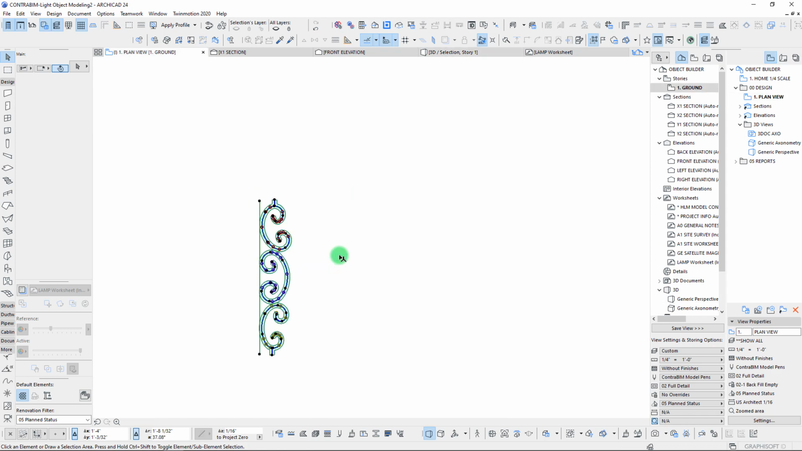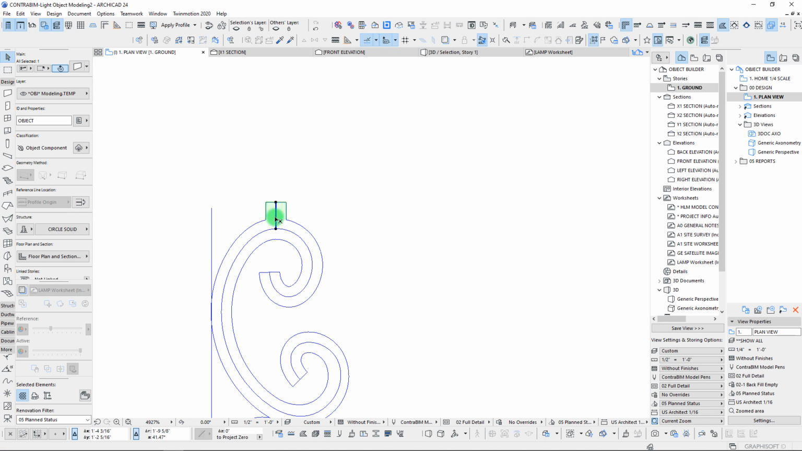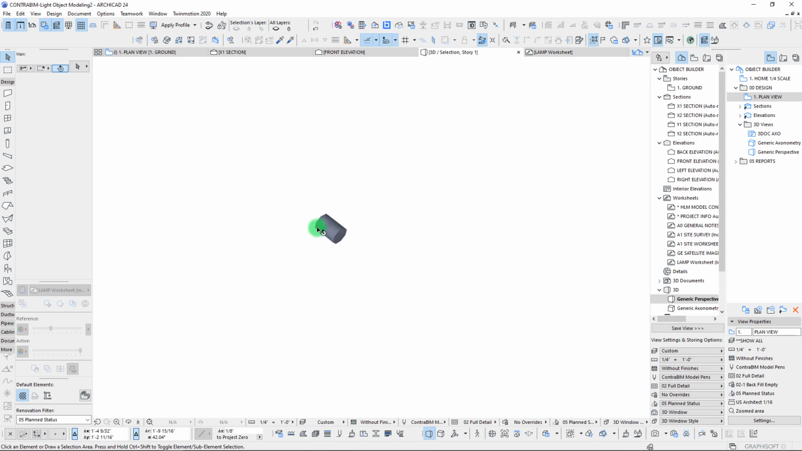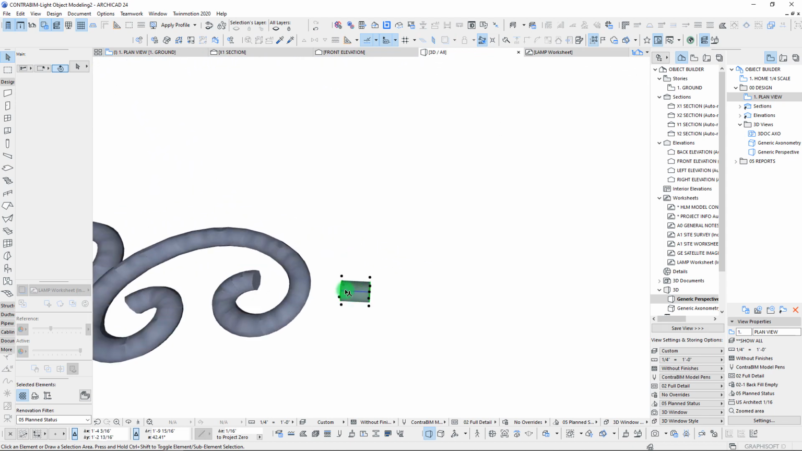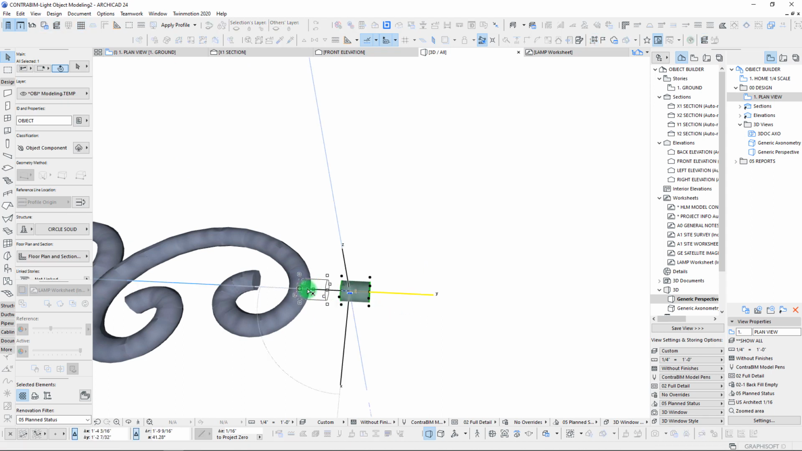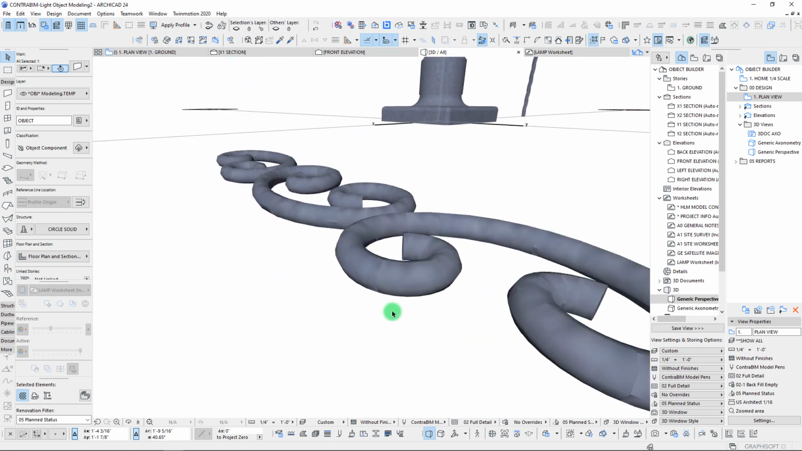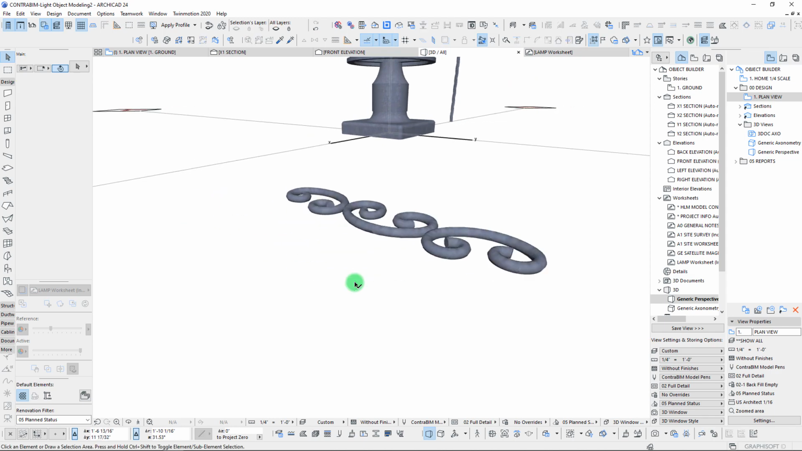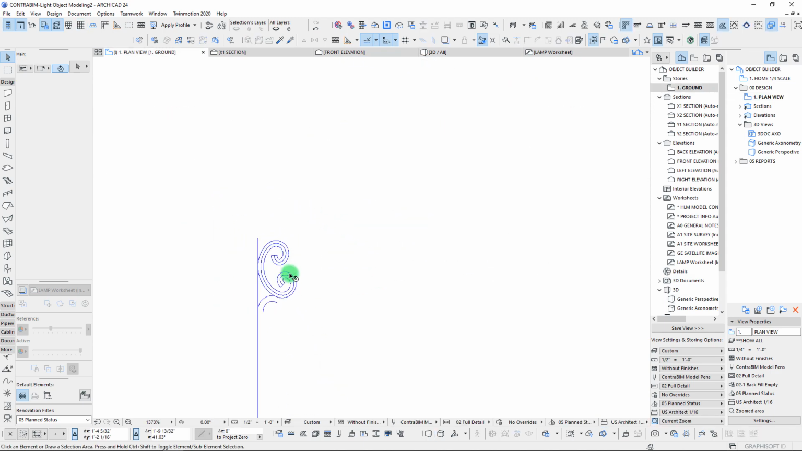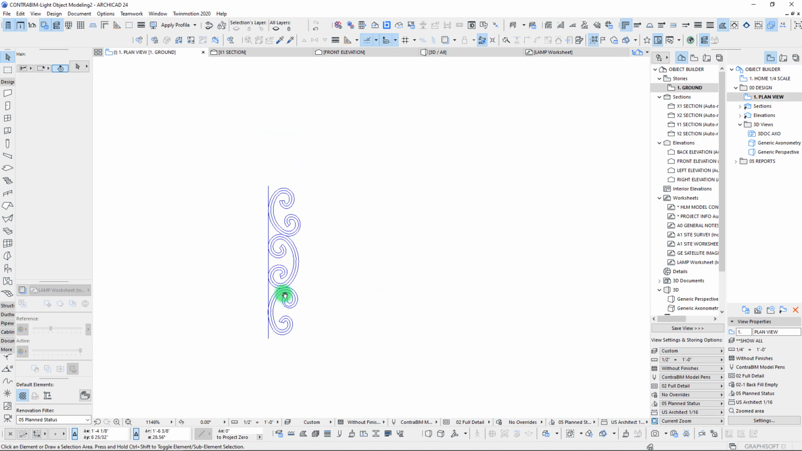No. Oh, okay. So there we are. It feels like a little glitch happening, but that's okay. We can always add these little connectors later. It's just easier to do it here. So